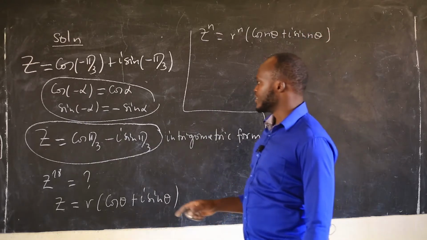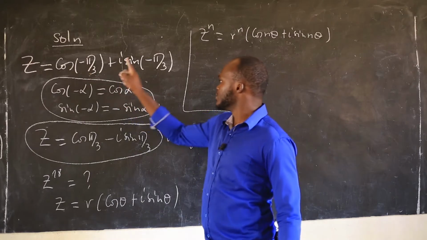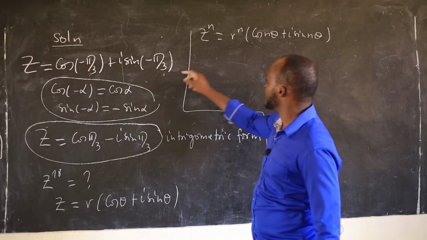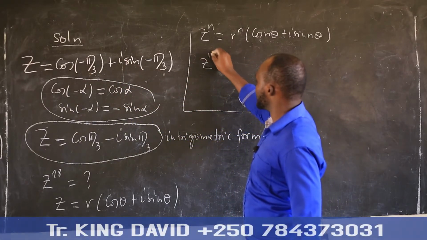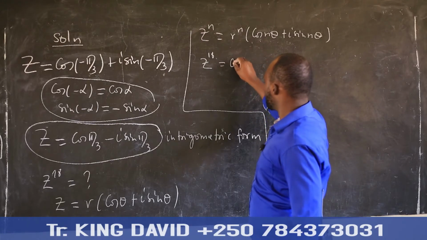So now we have Z equal to cos negative pi over 3 plus i sine negative pi over 3. So for Z power 18, the answer is cos